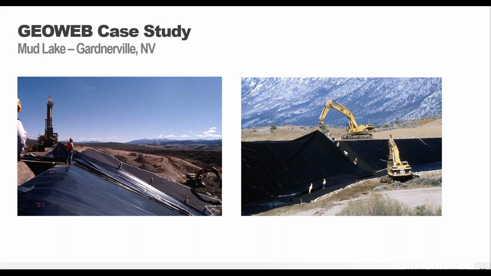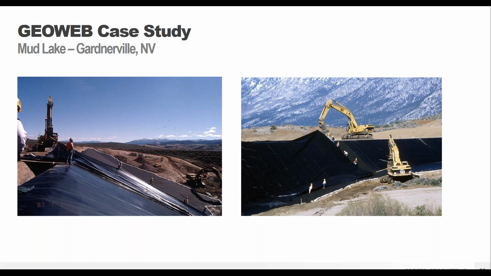So this was a 100-year-old earthen dam, and it no longer met safety standards. The owner was looking for a cost-effective alternative to traditionally reinforced concrete. So they ended up choosing the GeoWeb system. Part of that was because they needed a sandwich of a non-woven geotextile, an impervious geomembrane liner, and then another non-woven geotextile. So they had this geosynthetic sandwich placed on the dam face that they obviously couldn't puncture. It couldn't be exposed to the elements that could potentially damage it over time, all of that stuff.